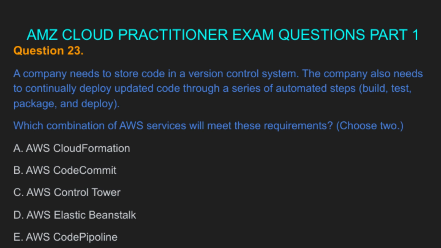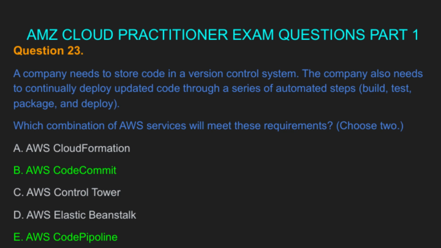Which combination of AWS services will meet these requirements? Choose 2. A. AWS CloudFormation. B. AWS CodeCommit. C. AWS Control Tower. D. AWS Elastic Beanstalk. E. AWS CodePipeline. The answer is B, AWS CodeCommit, and E,